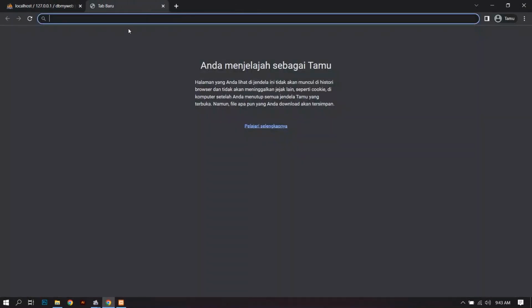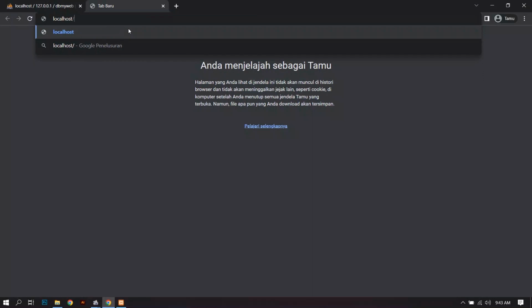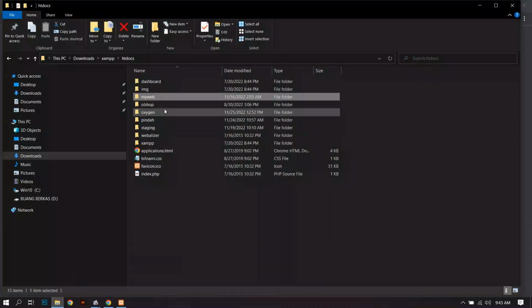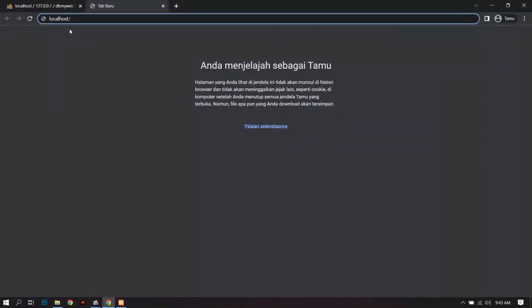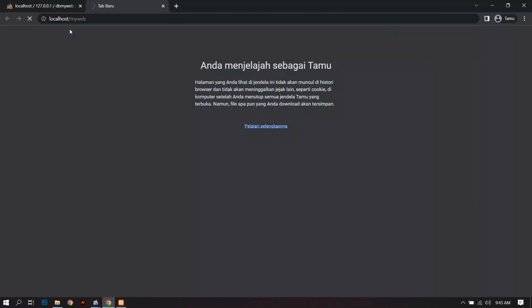Open a new tab. Type localhost slash your website folder. And then enter.